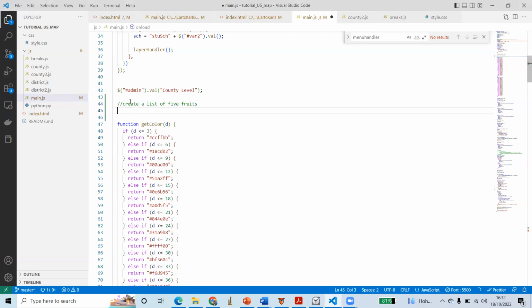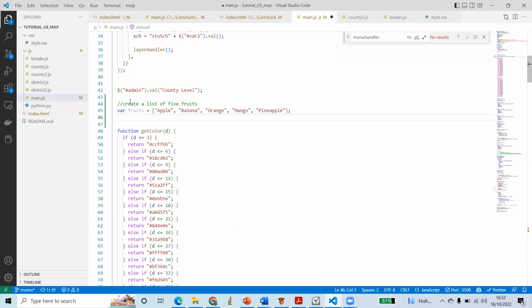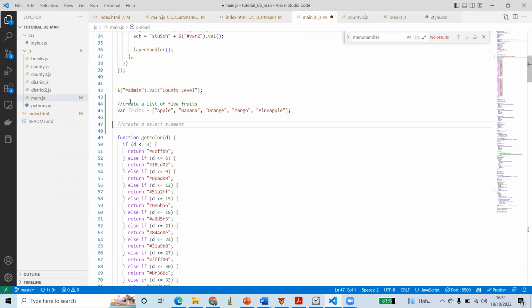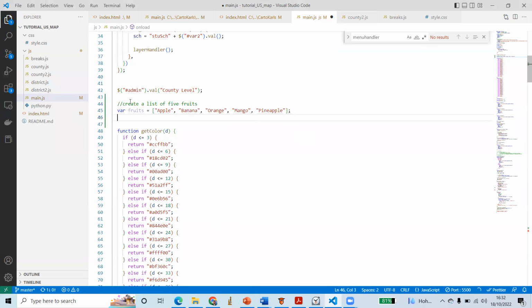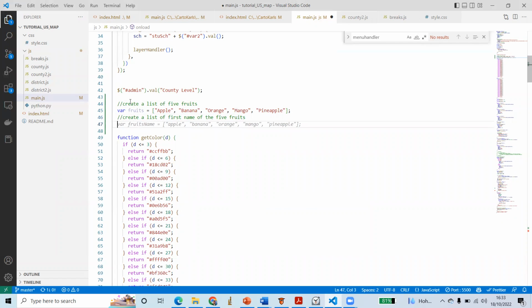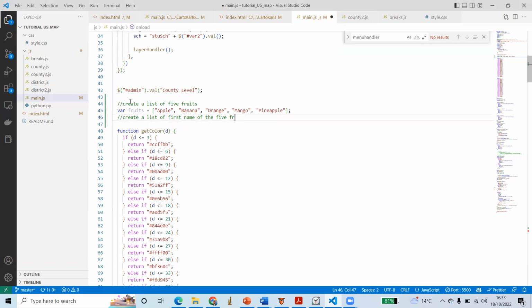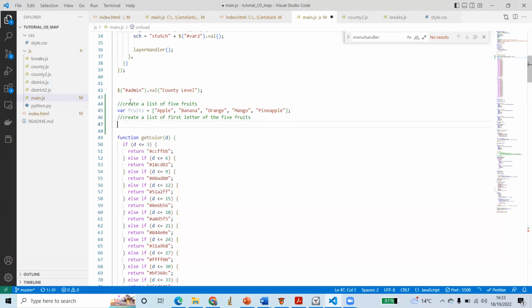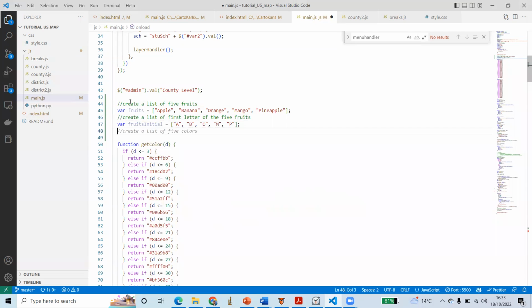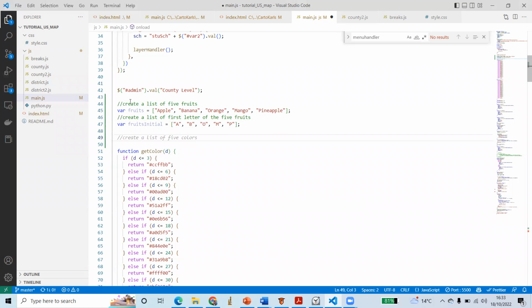It's taking time. Okay, so after that I will create a list of the first letters of the 5 fruits. So it will create like this,